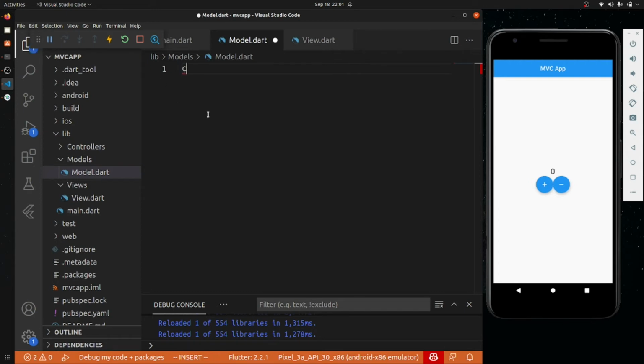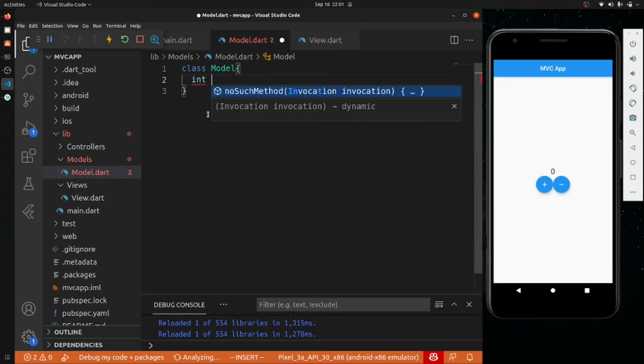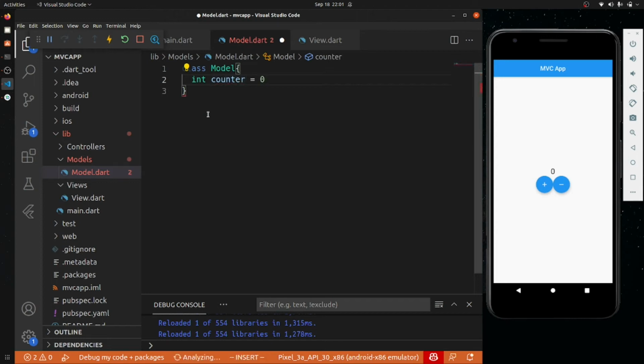Okay, so we will just create a class and I am giving it the name model. Inside this, I need a counter that will start from 0. Now we need to create a getter and setter for the whole thing.